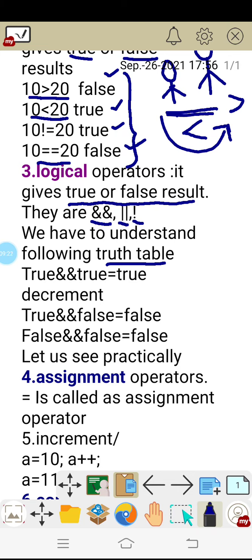That is, whenever both the statements are true, the result is true. In the rest of the cases, the result is false. So always remember, true and true is true.